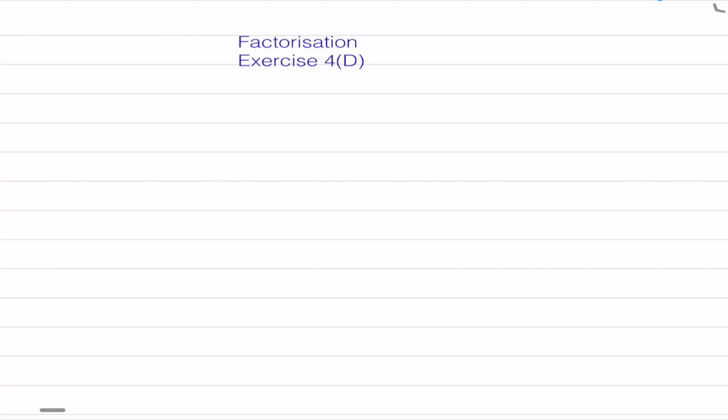Good morning, students. Today we will continue with the topic factorization, and this is the last exercise of this chapter and the last method of making the factors. Today I'm going to explain the last method, that is the splitting of the middle term. So it's a factorization of the trinomial by splitting of the middle term. This method is not new, as you have done it in your previous classes also. I'll explain this by taking one example, like x square plus 9x plus 18.